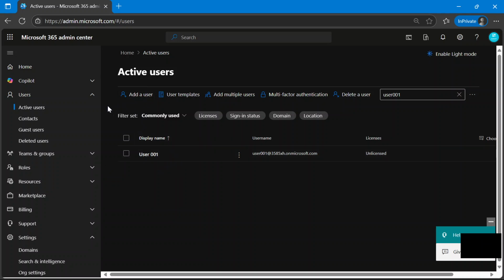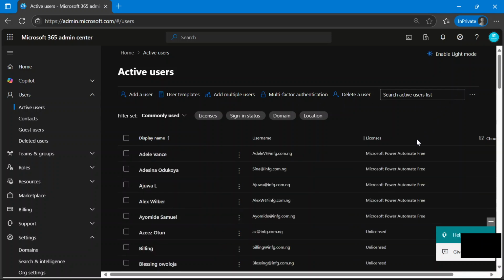However, if you don't want to go through this route, you just want to make things much easier for yourself, there is what we call user templates. Let's assume you have multiple domains in your tenant, that is, the organization has multiple domains, all depending on how they want it, and you don't want to be going around while creating users. So you can create templates for each of these domains, and also the kind of role that will be assigned to those users. So you can just click on templates, then create templates,